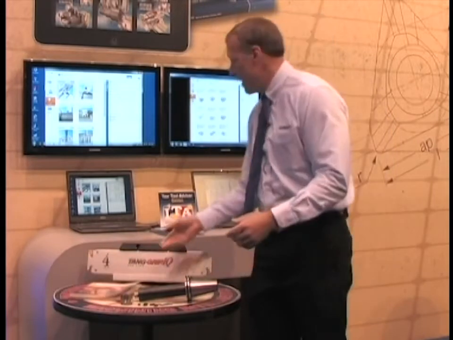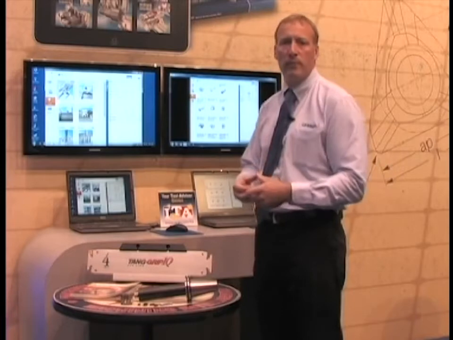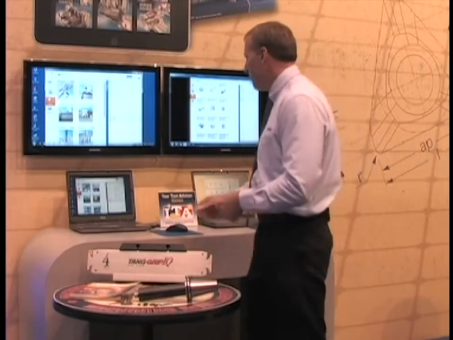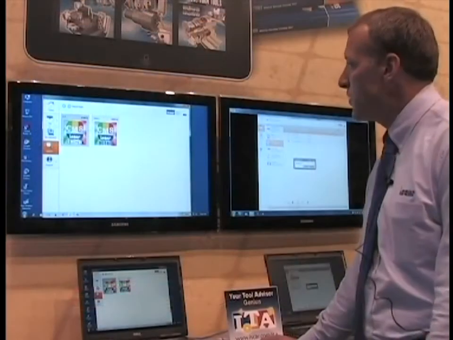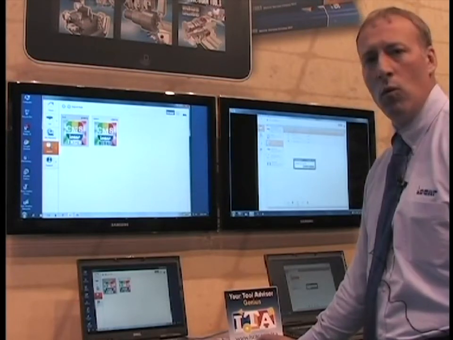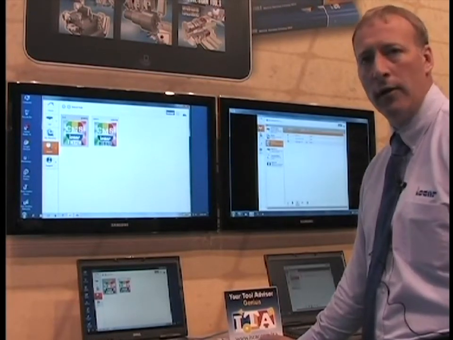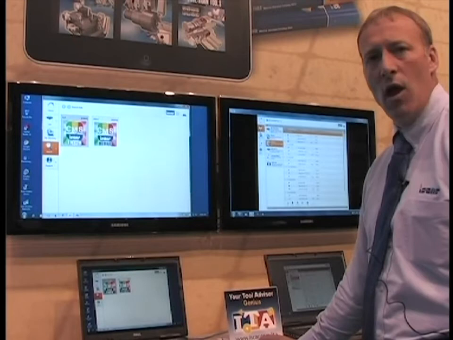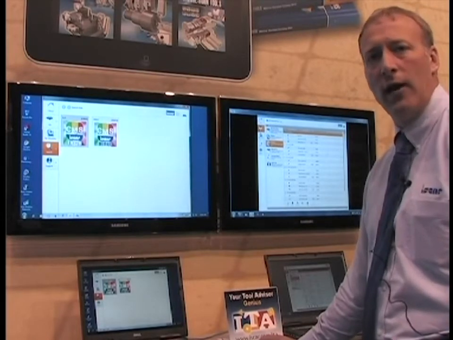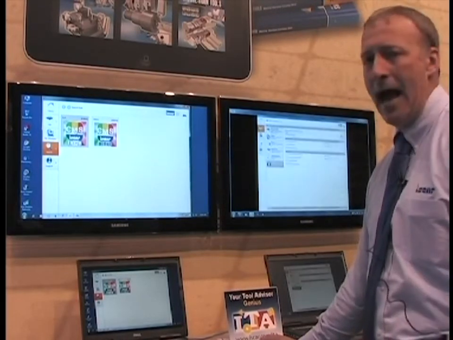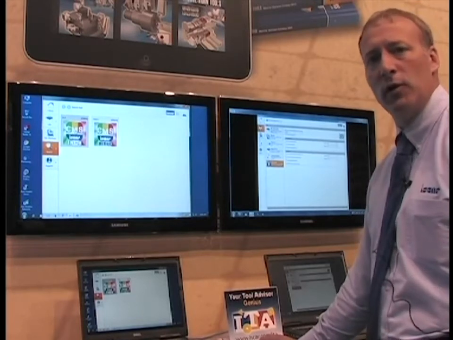So let's go into an example that shows how we're building tool assemblies quicker and making the programming process more efficient. Okay, so what we have here is what Iscar has called IQcloud, and it's a way to transfer or communicate our data into an app that allows you to quickly build an assembly,